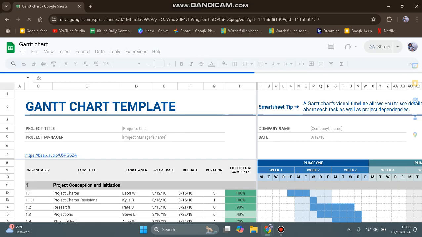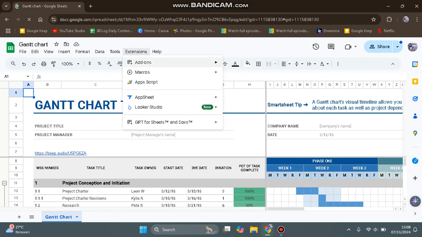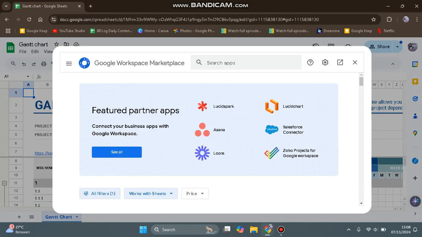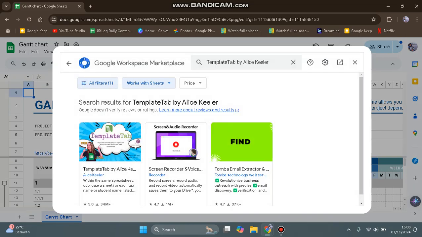And what you need to do to start exporting the tab is you can get this extension. On Google Sheets, you can go to Extensions, Add-ons, and tap on Get add-ons. And then just find this extension called Template Tab. You can just find it in here, this one, Template Tab. Here you can click on the